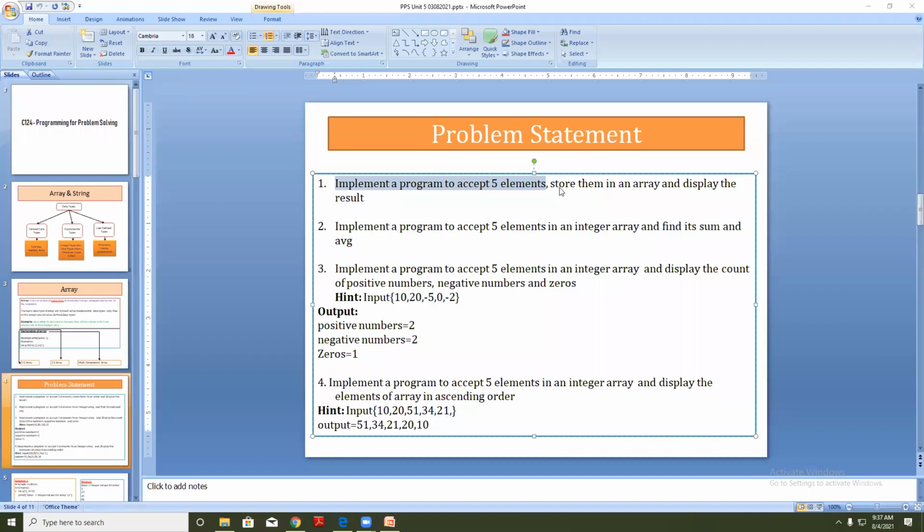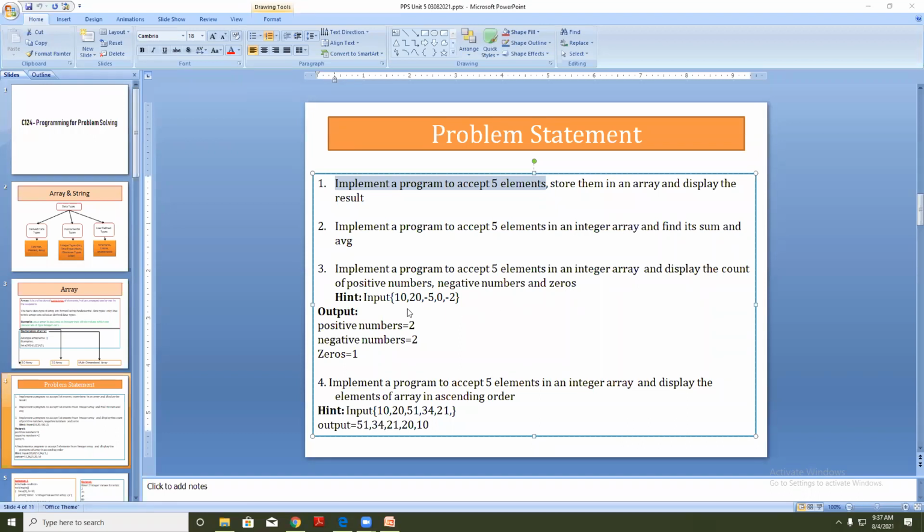display the values from the array. Then we have also implemented a program taking in values from the user and calculating its sum or average, and display again the sum and average. In last lectures, we went through finding the count of positive numbers, negative numbers and zero. A simple logic we applied there.